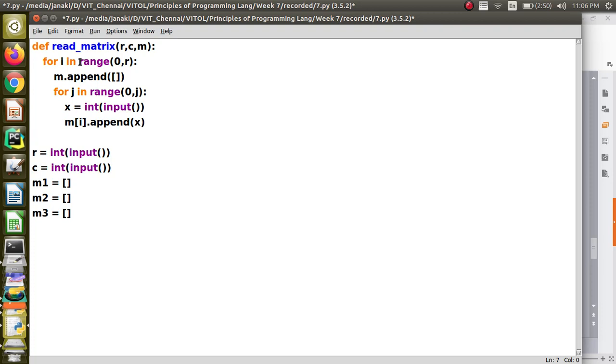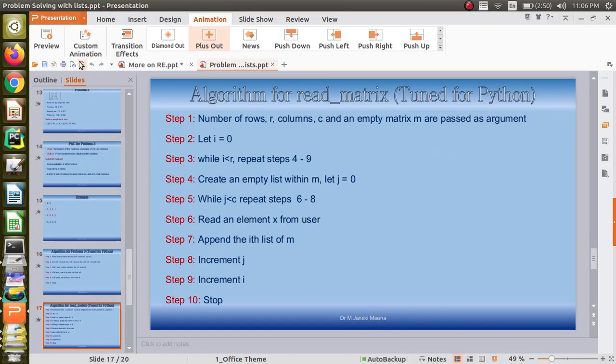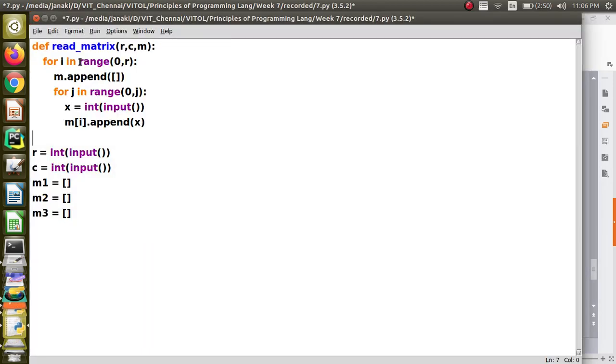Next we are going to write an add matrix function. We saw in the algorithm that it will take R, C, M1, M2 and then M3.